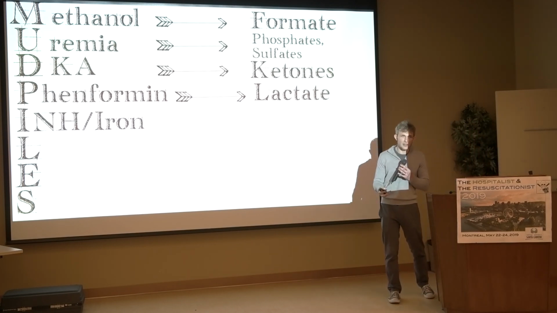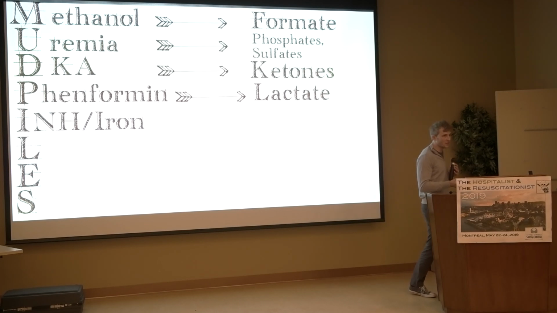person happens to be on INH, and you think it's INH toxicity, and what's the antidote for INH toxicity? Vitamin B6. How much vitamin B6 do you give them? It's like 5 grams. And what does it come in? It's 100 milligram glass bottles that you have to break open, so you have to crack open 50 bottles, which is not fun. So it's nice to know if they actually have this or have a pretty good chance of having this before you break open all the bottles.